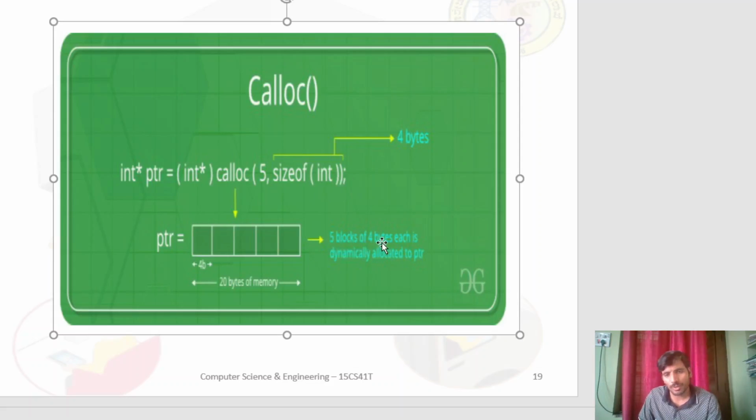So here 5 blocks of 4 bytes each are allocated dynamically. The size of each block is 4 bytes. Such that 4 into 5 blocks, which is 20 bytes of memory, is allocated in total.